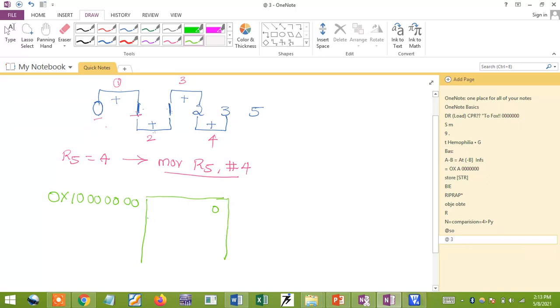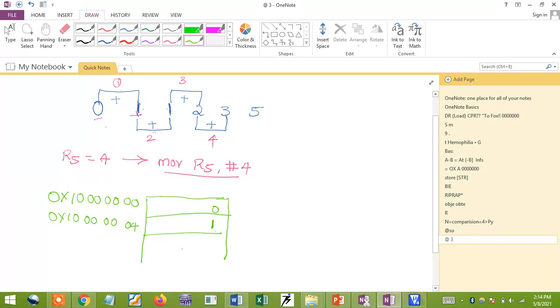The next memory address I'm going to take is 0x10000004. Here I'm going to store my second number, and the second number value is 1. Okay. So what I need to do is add these two numbers and store the result in a memory location.